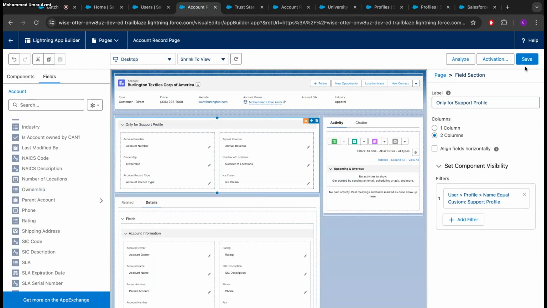Click on done, and as soon as I did this, component visibility, you would have seen this orange icon visible over here. That means that this component has some visibility to it. They have given some visibility filters to it. So whenever you go to a record page and you see this, always check whatever the component visibility is. Okay, and then I'll click on save,